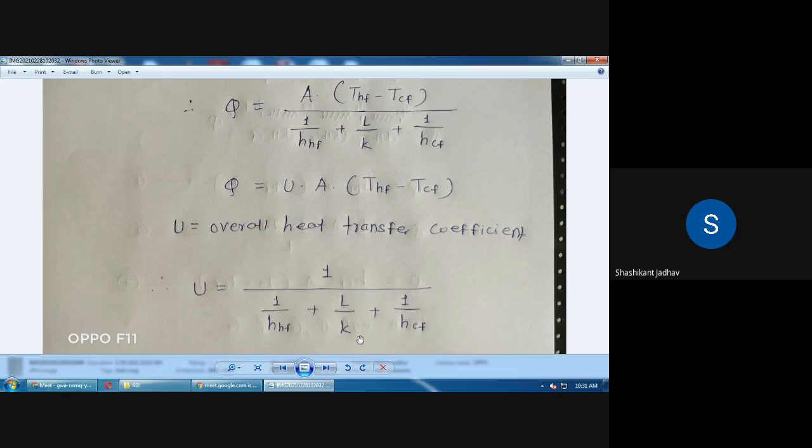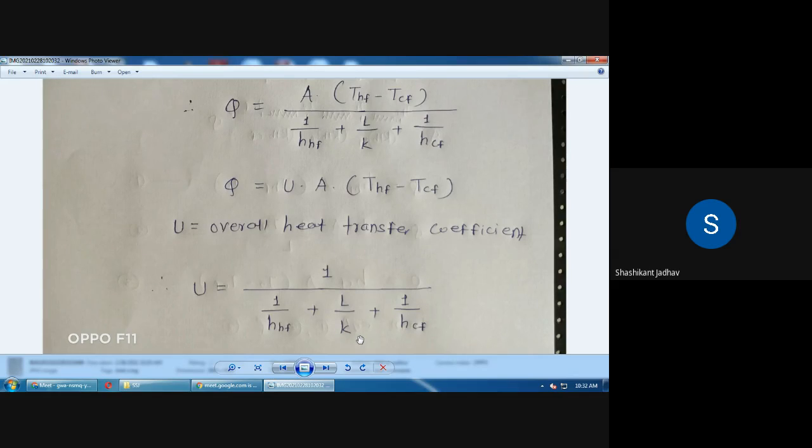Okay, on the left hand side hot fluid is there, at the right hand side cold fluid is there, and in between this hot and cold fluid there are, suppose, two layers having different thermal conductivity. Suppose layer A has thermal conductivity Ka and another layer B has thermal conductivity Kb. Layer A has thickness La and layer B has thickness Lb. For that condition, what is the value of the overall heat transfer coefficient?